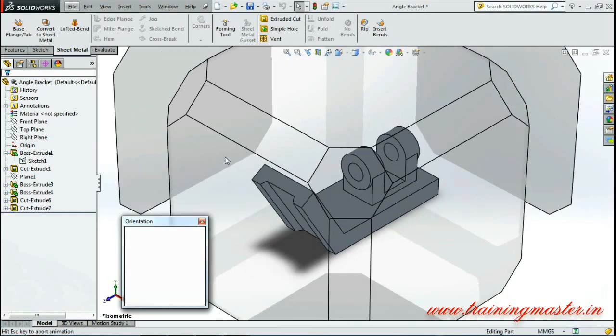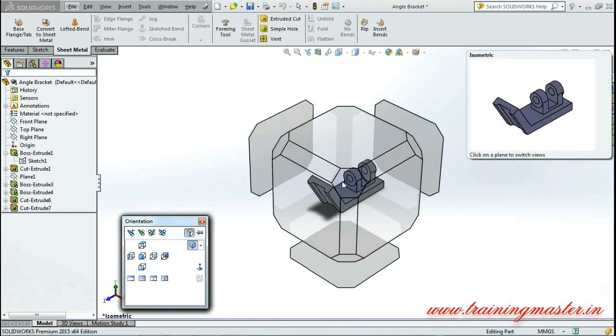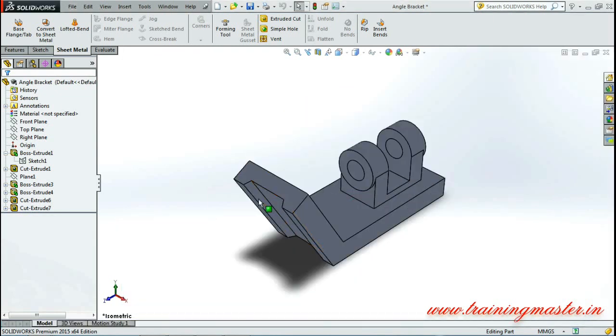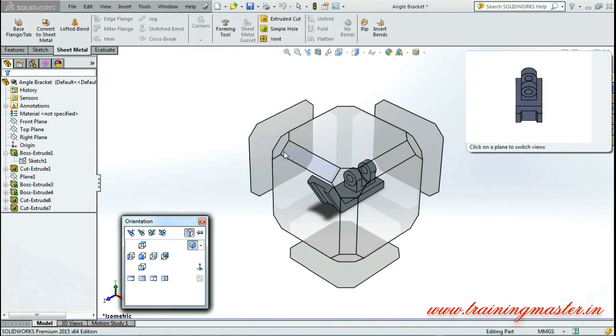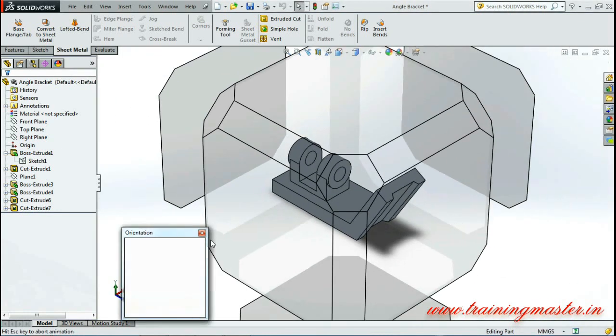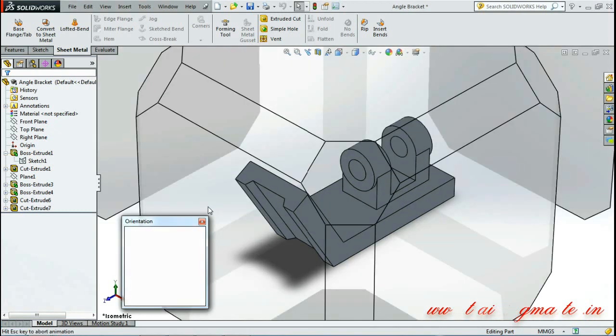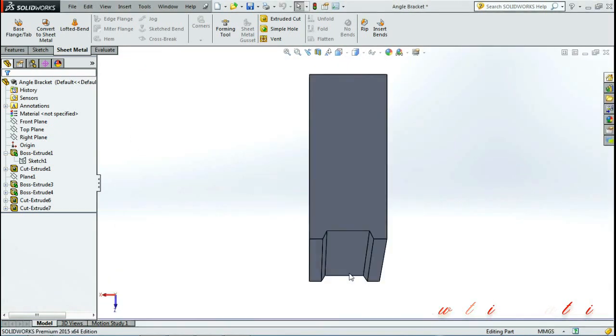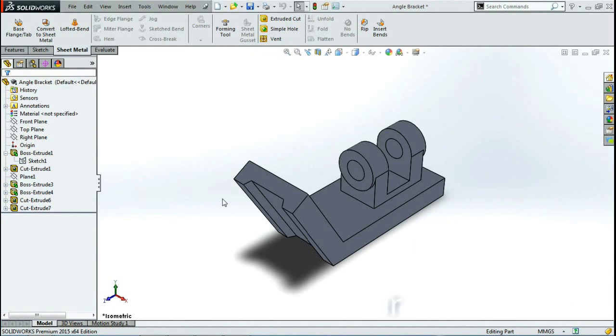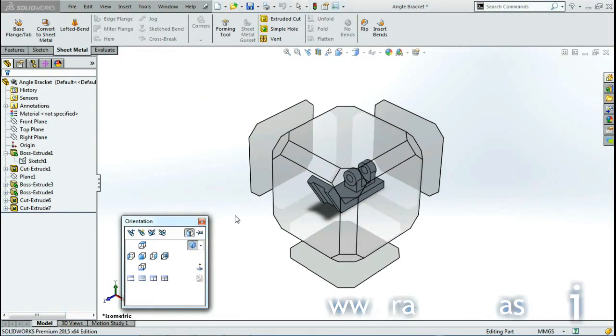And that isometric view can be from around any one of the corners, or even a bottom view. Now let's go back to the isometric view by pressing the spacebar one more time.